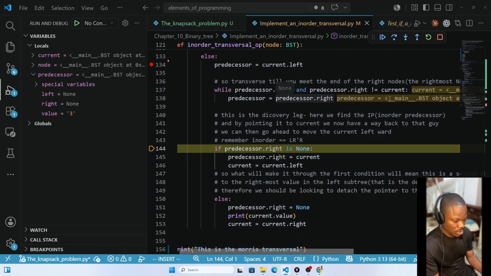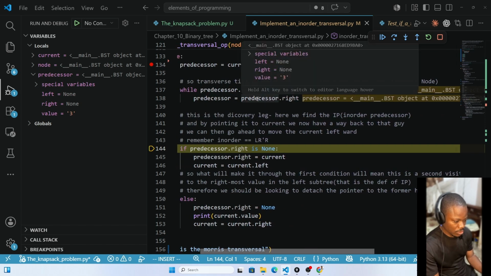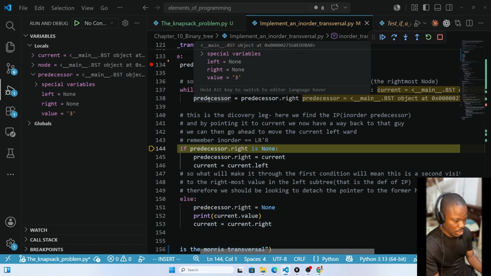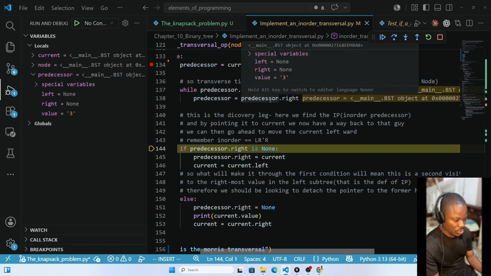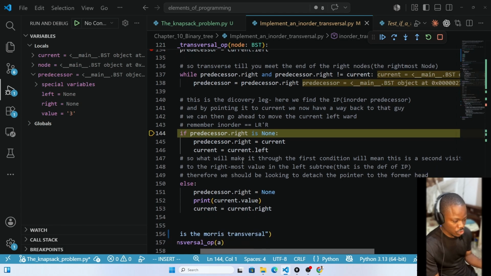So let's see. Okay. Yeah, so we see that our predecessor.right is 3. So our predecessor is 3. So our predecessor.right will still be None. Because this situation was not met, predecessor.right was None. So basically at that instance